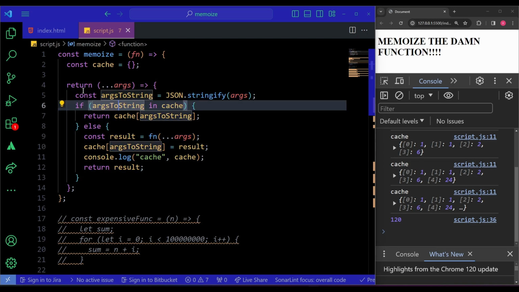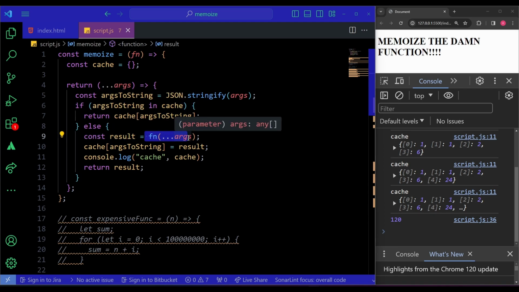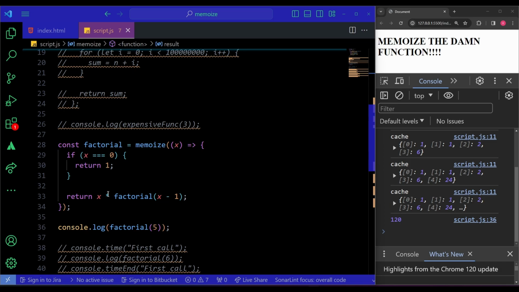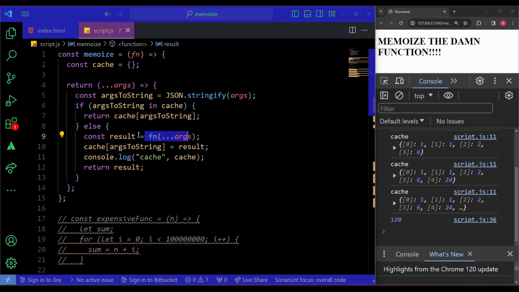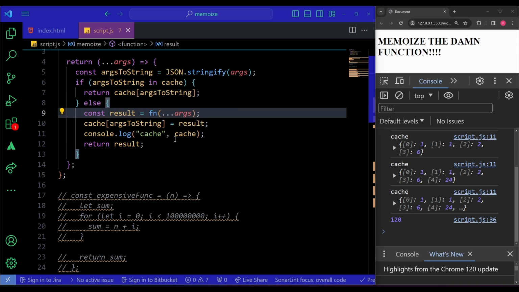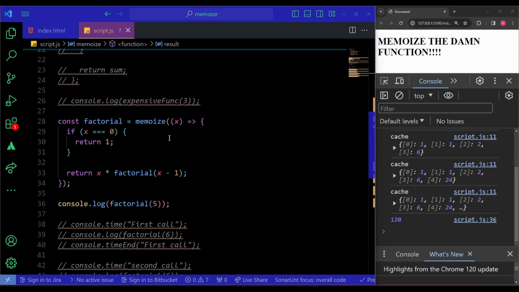So basically for factorial of 4 as well, it's again going to check, is it there in the cache? It's not. It's going to come here and call fn again, which is going to call this again. Then it's going to be 4 into factorial of 3. And then it's going to again go here and call this, then factorial of 2. Then it's going to keep boiling down like that until it reaches 0 and it returns 1,